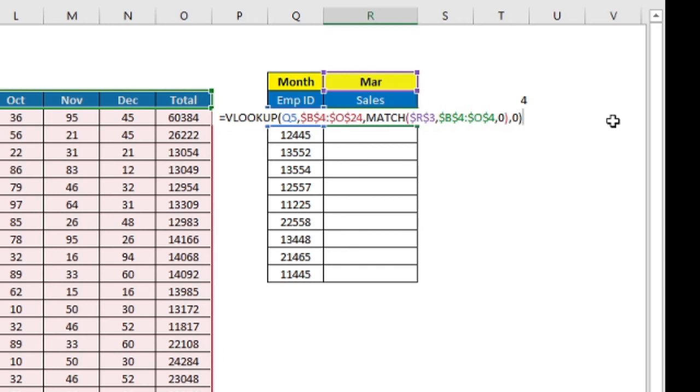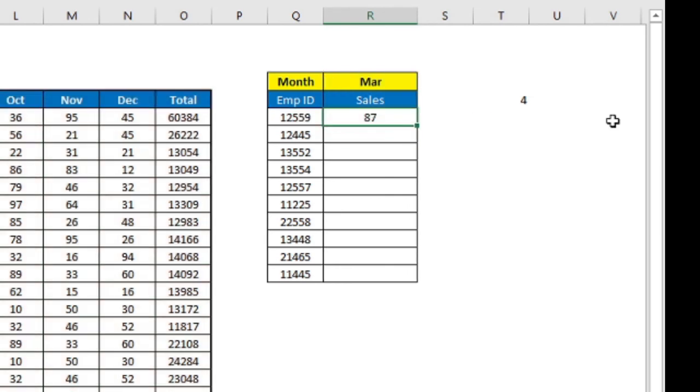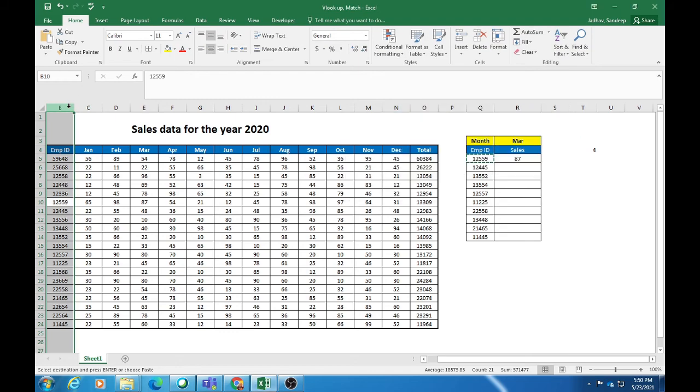It looks very complex, but it is not so complex if we understand the logic behind this. It is a very useful formula and very easy to use if you understand the logic. And then I will press enter. Okay, for this particular employee ID, I'll search here for the March figure. Now it is March. I will change it to Jan now. Just see that.